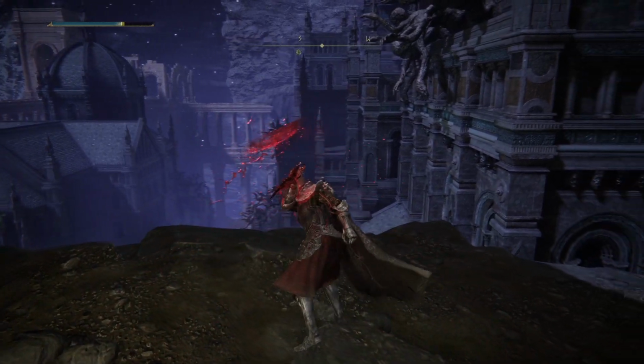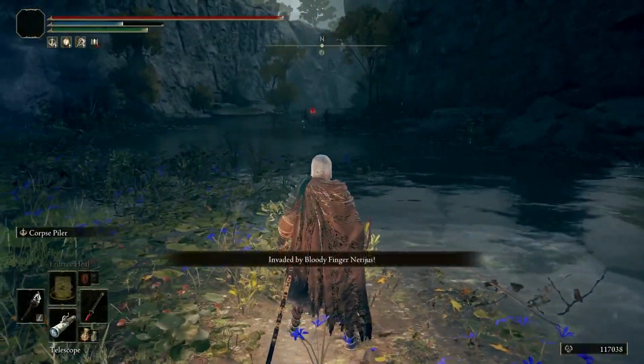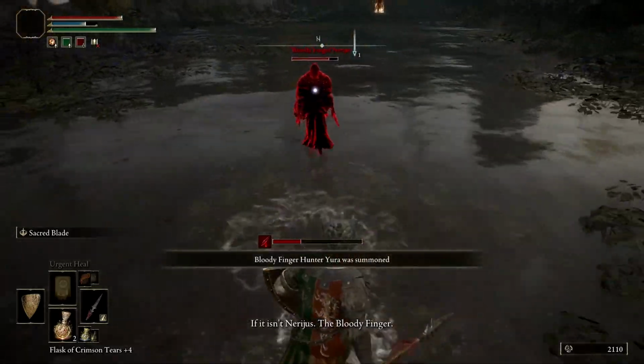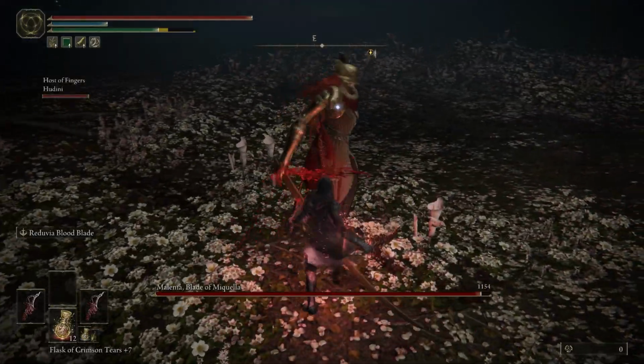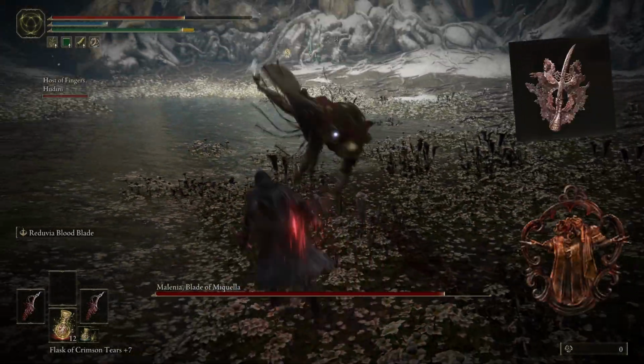One of the best things about this weapon has to be how early you can get it. This is legit the first thing you can do. If you're having trouble, just let Yura do the job and you got your hands on a super strong weapon before even starting your playthrough. Boost your Reduvia's successive attacks with Rotten Wingsword Insignia and Lord of Blood's Exaltation and you got yourself a tiny